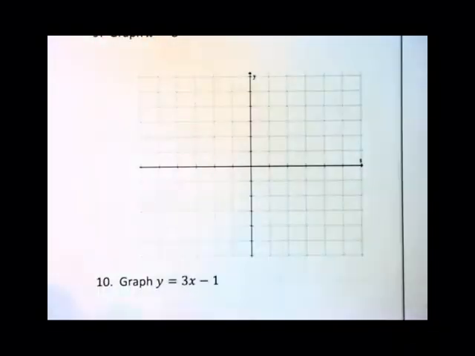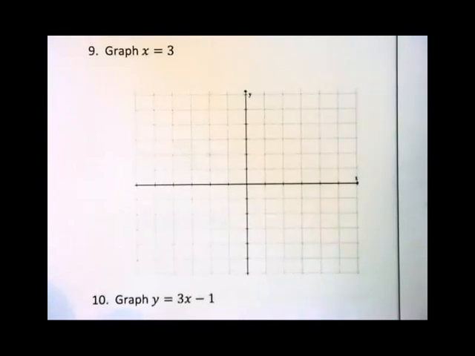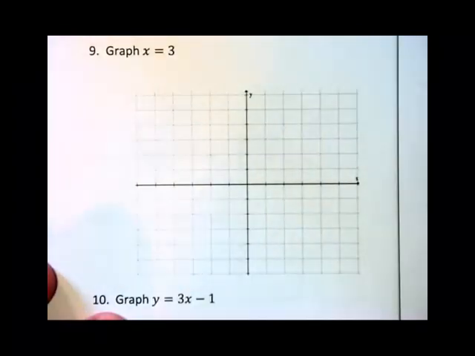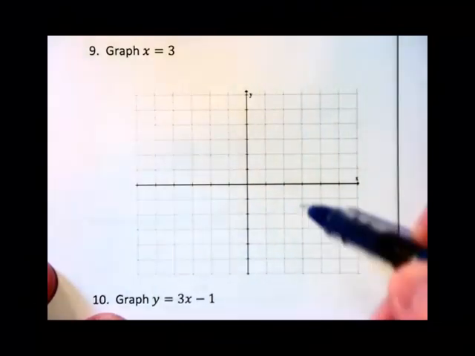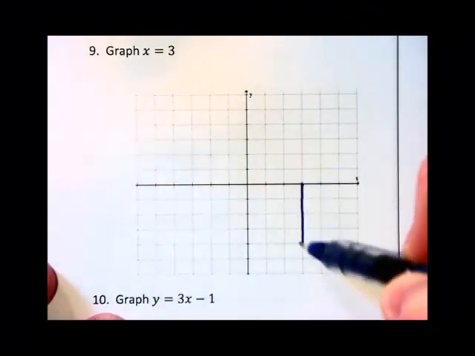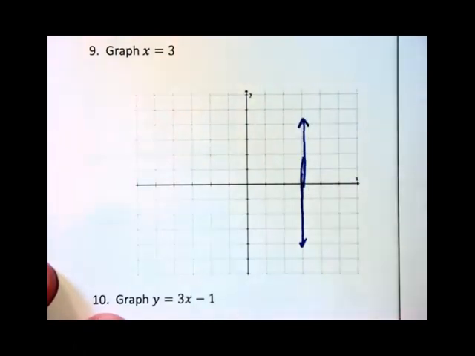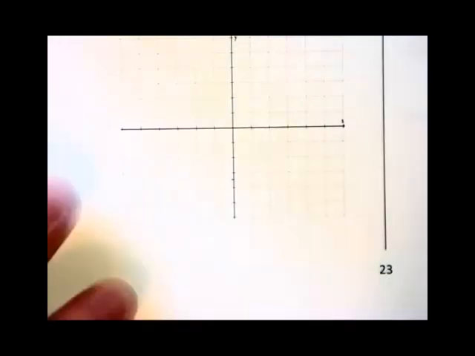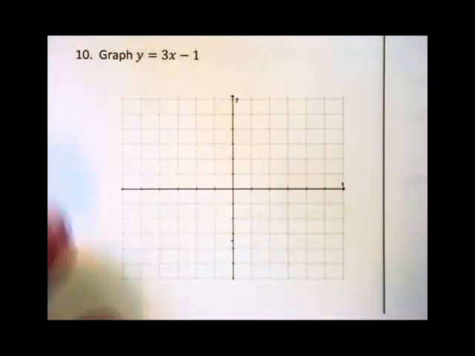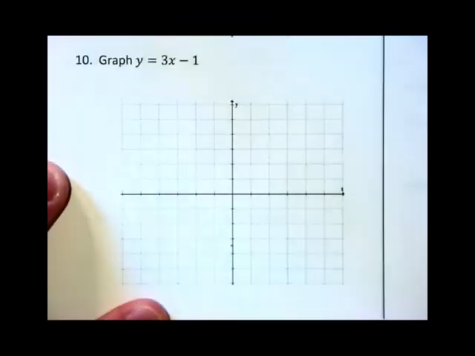Looking at this next problem, number 9. X is equal to 3. I notice we're missing a y. X equals 3 is going to cross the x-axis at 3 and be a vertical line. No algebra needed. In this third one down here on this column, number 10, we have y equals again,